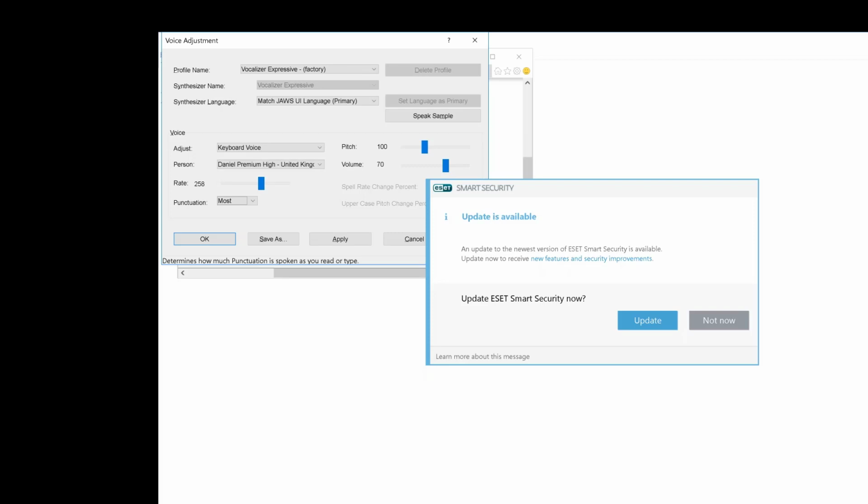Most of you won't understand it at that speed, so I don't normally translate, but I will. So punctuation is set to most. I'm going to ignore most of these. Pitch: 100. So pitch, I'm not going to worry too much about that. Volume: 70. Volume, again, I won't worry about changing that. OK button. Now, if at this point I hit OK,